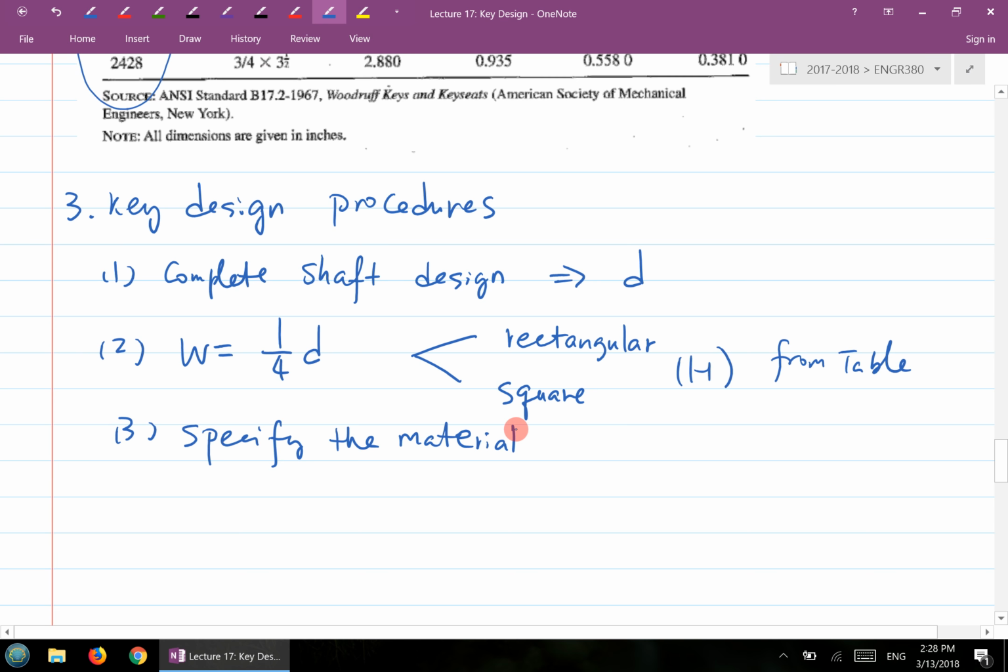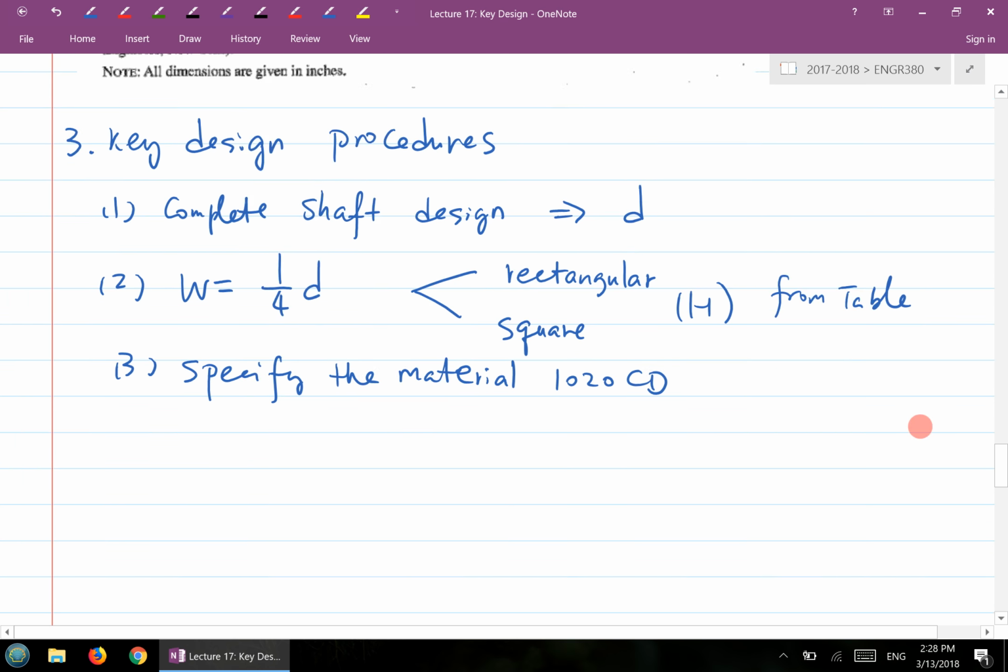Okay. Material, as I said, is typically low carbon cold rolled steel. So let's say you use a 1020 cold drawn steel. Now, number 4, determine the SYT. So SYT not only for the key, but also determine the SYT for the shaft